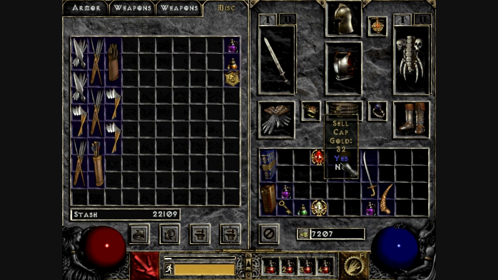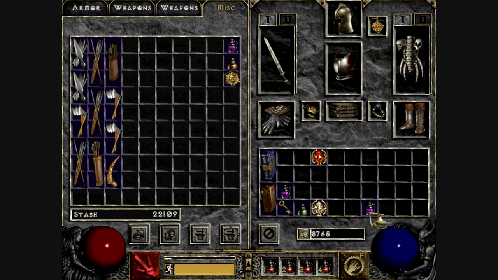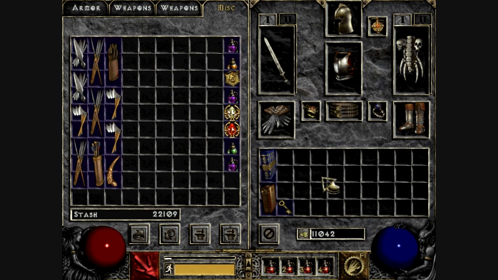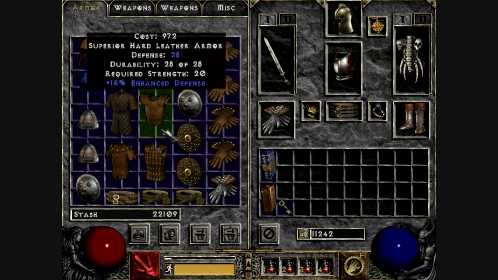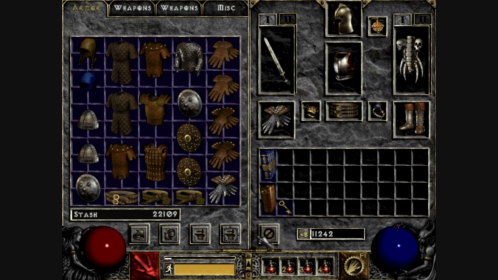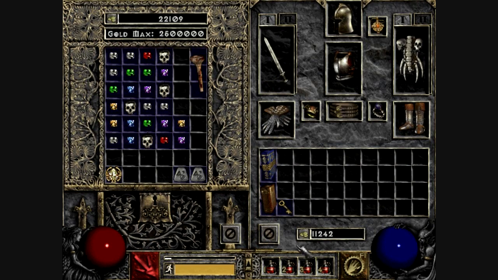And we just... why do I have a cap in my inventory? I do not know why I had that cap in my inventory. But, alas, we have a whole bunch of stuff that we sold. We got over 11,000 gold. And we leveled up, most importantly. So, what we want to do now is... now that we've leveled up again...